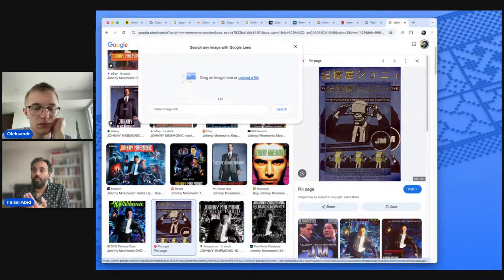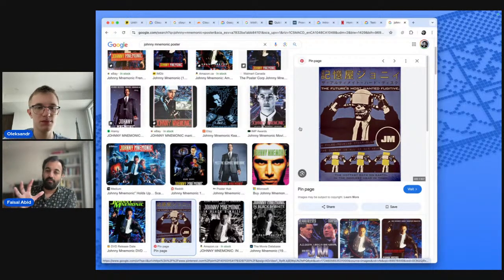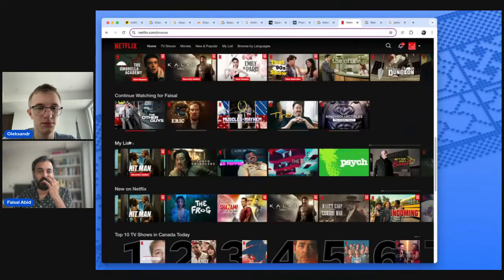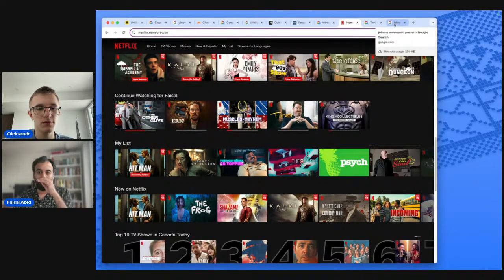Or I can, because I know Faisal likes it, tell ImageGen to take a picture of Keanu Reeves and create a very unique poster, maybe because it's all science fiction stuff, a completely new poster. Typically Netflix isn't actually creating new posters. What they are doing is taking different elements of a movie and slapping on text. This is not a poster for a movie. This is a scene from a movie that they just stuck the Hitman logo on, right? But let's just say we're getting crazy advanced here.